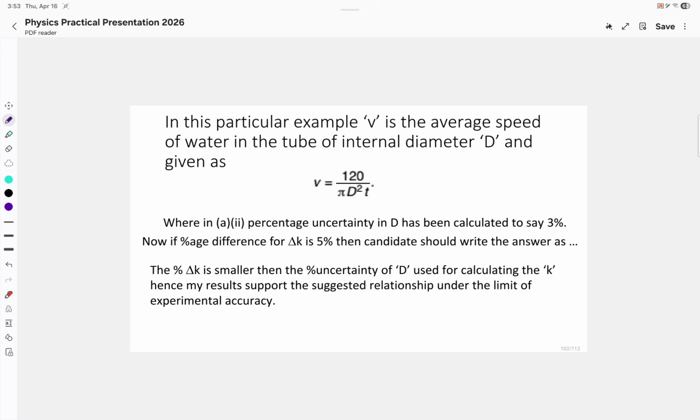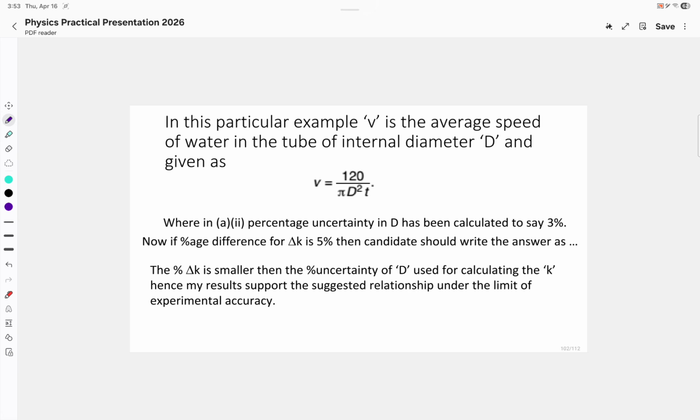In this very same question, in part A and double I, the percentage uncertainty was asked by the examiner from the candidate. And let's say the percentage uncertainty in the value of d has been calculated to be 3%. On the other hand, the percentage difference between the two k values is 5%. And the candidate should write the answer like the delta k percent is